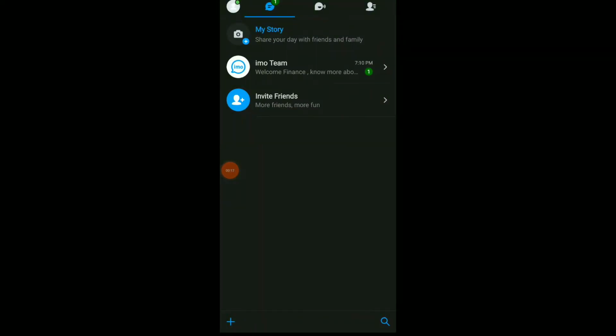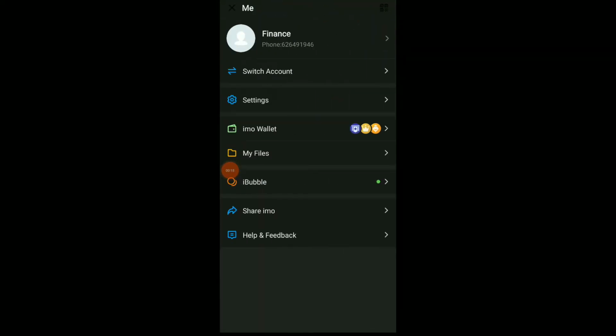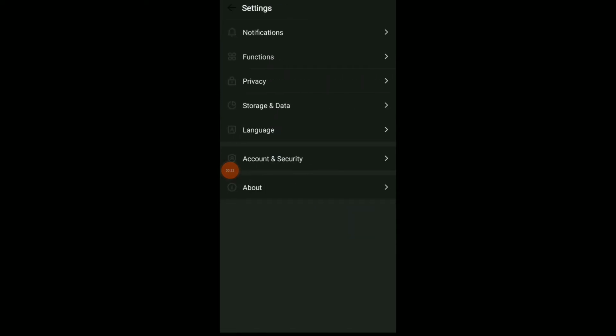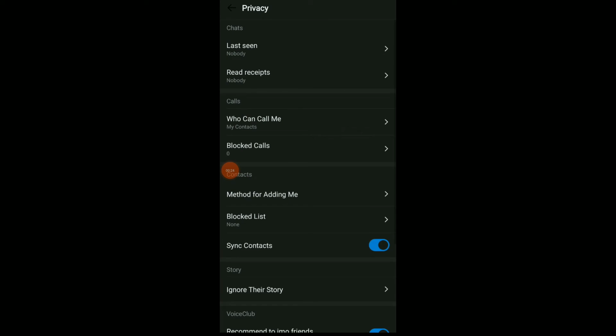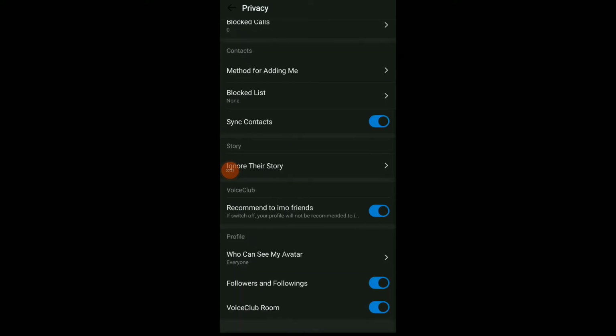Once you are here, click on your profile icon and now click on settings and you're gonna find privacy. Click on it, scroll down, and on your profile options you have who can see my avatar, followers and following, and voice club room. The second option, which is followers and following, you can turn off or on this option